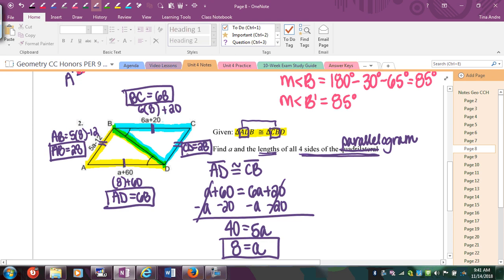So again, the main thing you have to get out of this lesson is if you have congruent triangles, identify their congruent corresponding parts, and then set those expressions equal. So any sides that are corresponding that belong to congruent triangles or any angles that are corresponding that belong to congruent triangles must be congruent. So you can go ahead, set up an equation, solve for the variable, and then find all of the other unknowns from there. So go ahead and complete